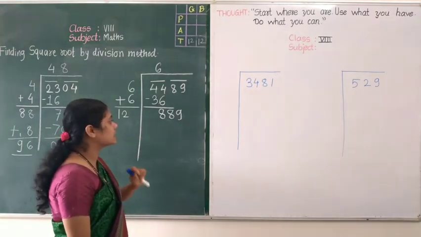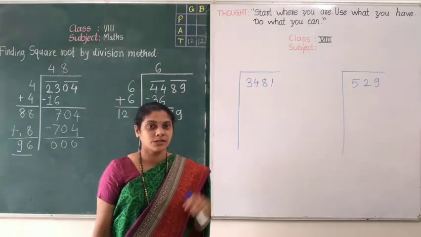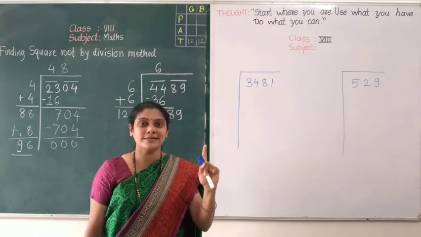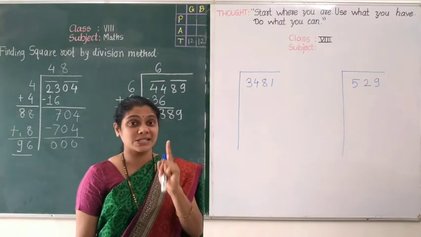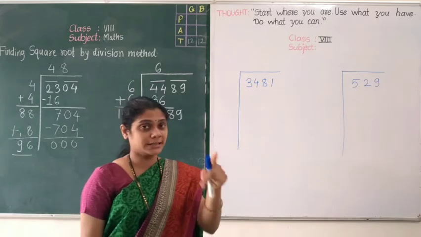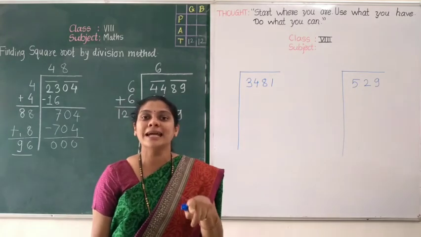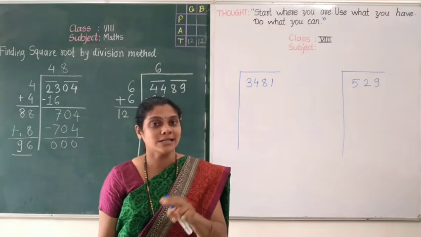So what is the last digit number? Is 9. And where we get the 9 at the unit place? Just remind all the squares. Yes, it is 9. The square of 3 is 9 and square of 7 is 49. And these two squares consisting 9 at their unit place. So we will consider here 3 or 7.